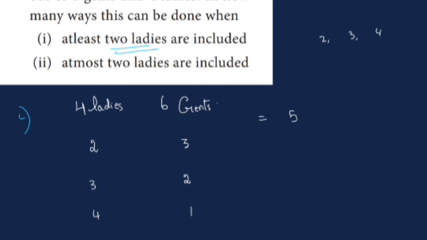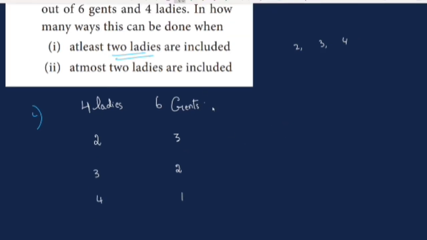Now we have to find the total number of ways you can select. So from 4 ladies, we are selecting, it's a combination sum. So it is 4C2. C is combination. Combination means selection. From 4, we are selecting 2. And, it's "and", 6C3. And means it's a multiplication. Whenever it is "and", it is multiplication. So 4C2 into 6C3, this is one choice, and "or" means plus.